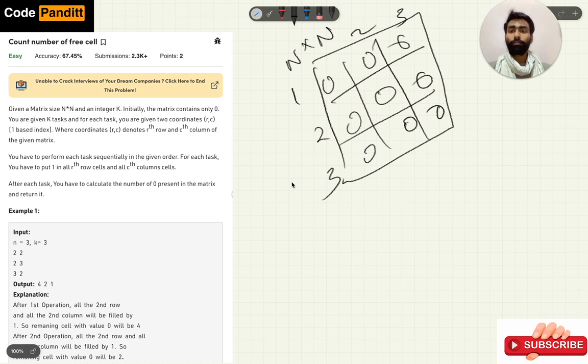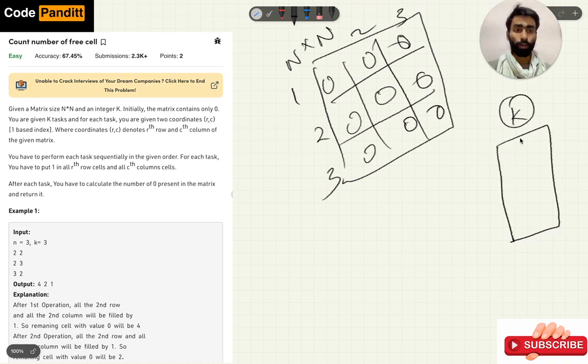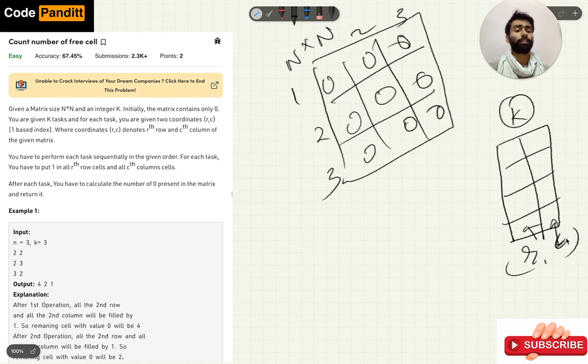We are given k tasks to perform on this matrix, and a set of coordinates for the same is also provided, in the form of r comma c, where r indicates the rth row and c points to the cth column.